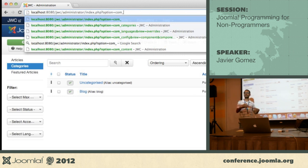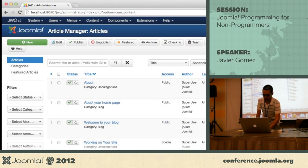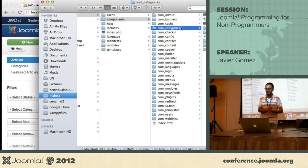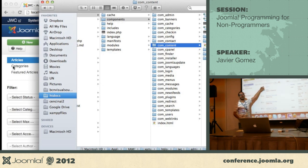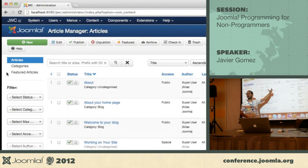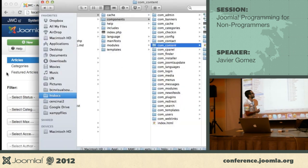So what I want you to understand is that this URL is understood by Joomla, and it sends you to the right folder where the information needs to be shown. What's inside the content folder? We are going into the content. That content, as you have seen, is the component that shows the articles. So, what's inside that component content? Well, inside there's